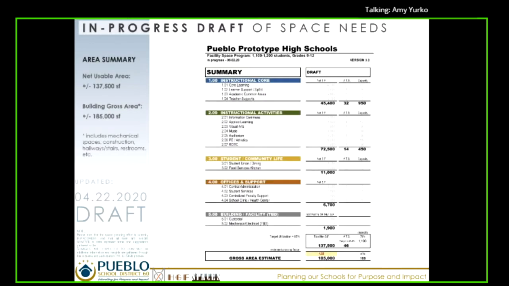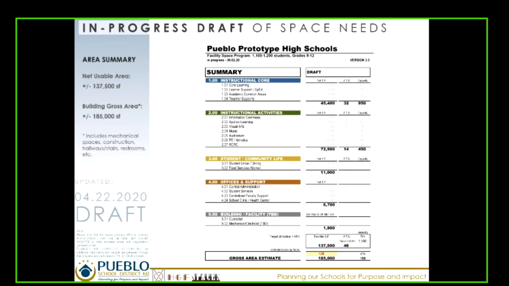In summary, we've gone through the space program, or program of space needs, in detail previously. So we'd like to get on to the fun stuff, which is the design part. I'll just briefly show you the summary of the square footages that we have.